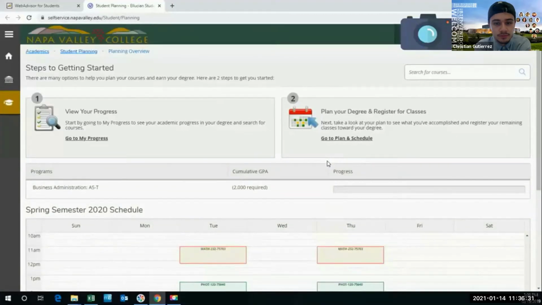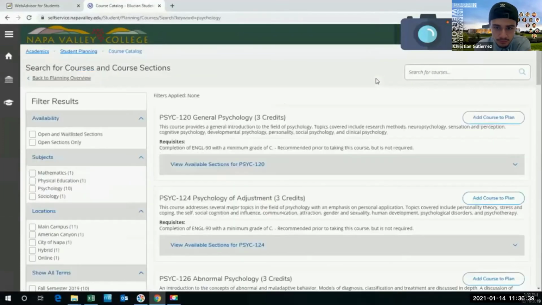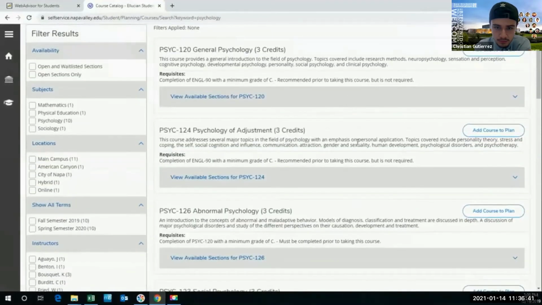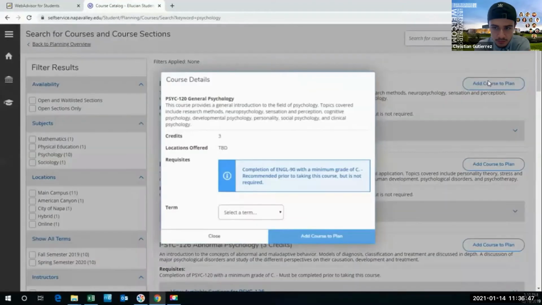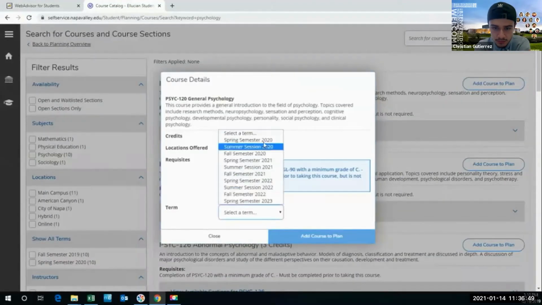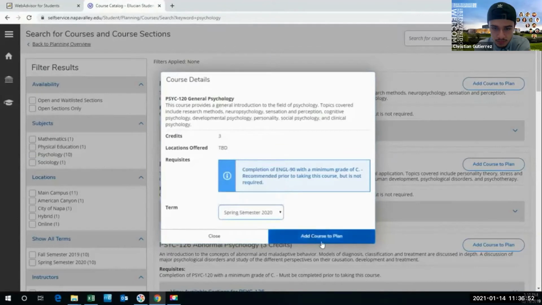So let's just say, for instance, I wanted to sign up for a psychology class. Up top right here where it says search for courses, I'm going to go ahead and enter in psychology and hit enter. And then it'll pop up all the psychology classes we have to offer here. So let's just say I wanted to take general psychology. I would go ahead and click add course to plan, select the term, so spring semester 2020, and then add